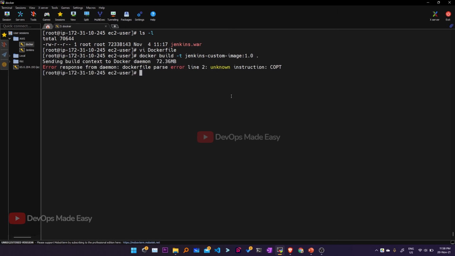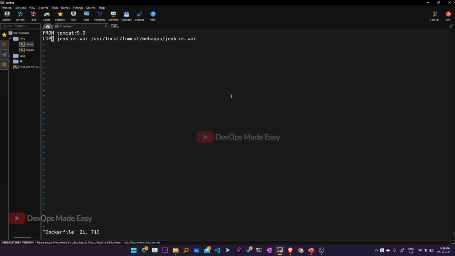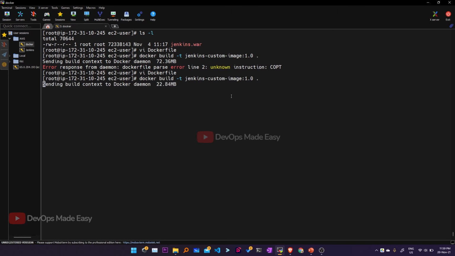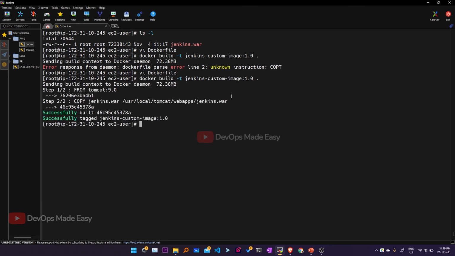So it is saying there is a typo in the Dockerfile, so it is COPY. I'm going to save this file and run the same command. So this time it is building my custom Docker image.